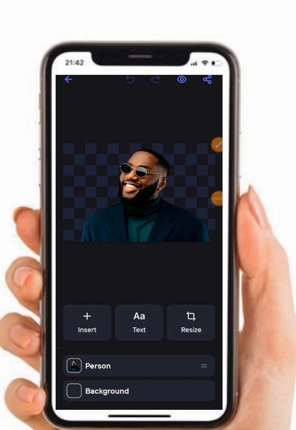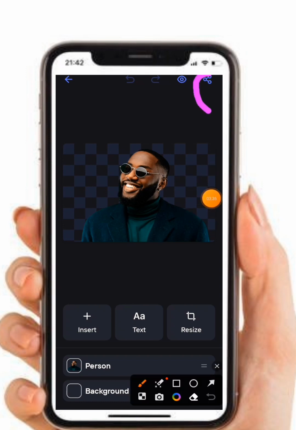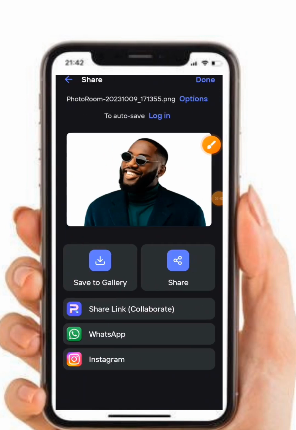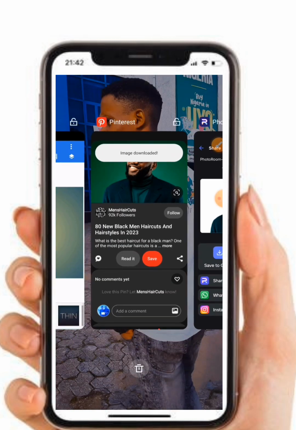this download sign here. Let me highlight it. So we click on it. Okay, you see here save to image, share, and you click on save to image. Save to image. We are done downloading. We are done removing the background of that particular picture. Then we head over to